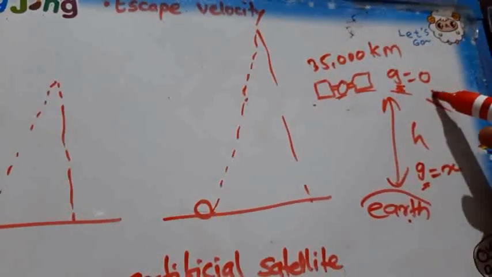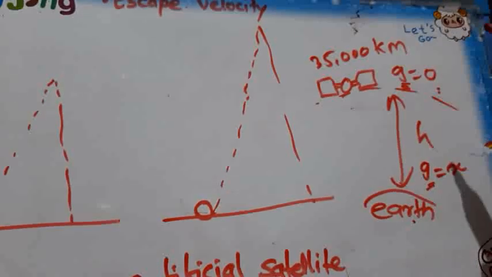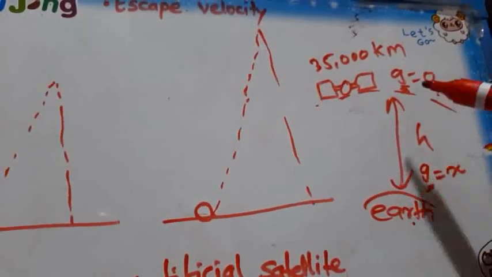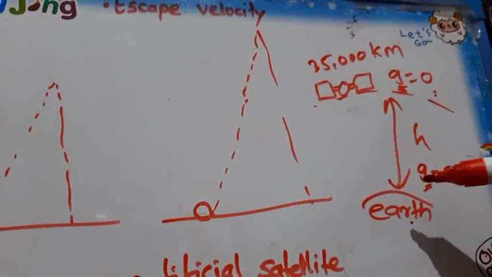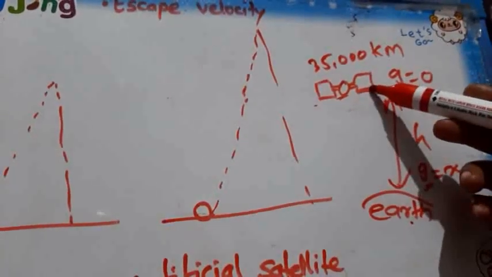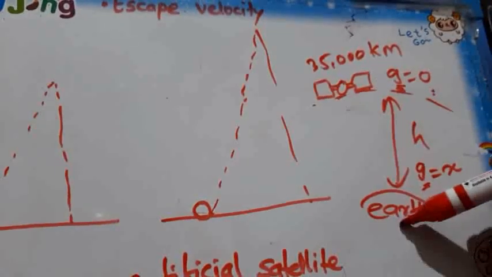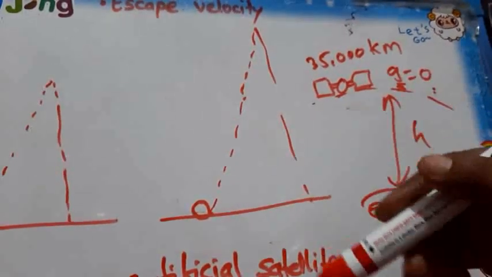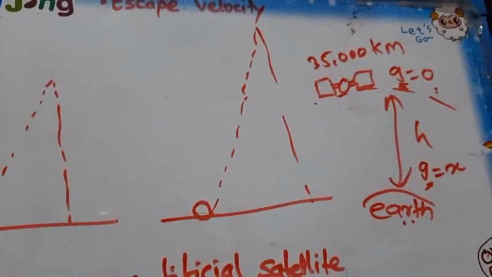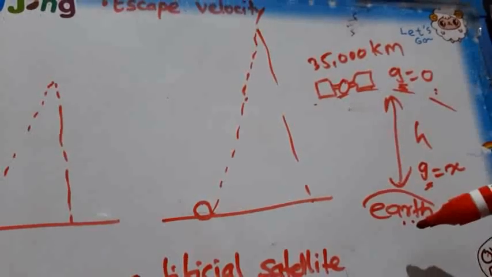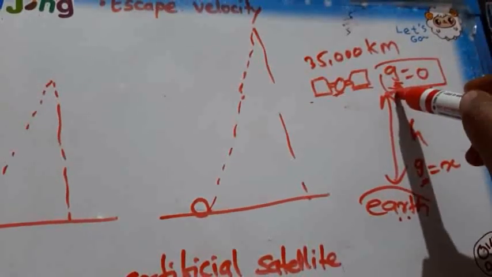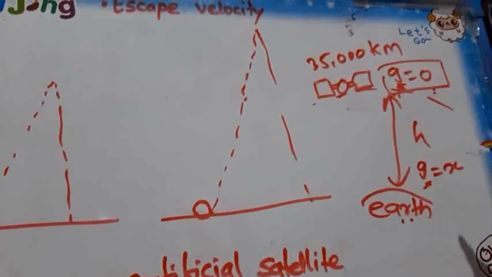And as gravity becomes 0, the earth is not pulling that object towards it with any force. So that object will not be under the influence of the gravitational force of the earth. So that object starts to rotate around the earth and it is not coming down. What is the reason? The gravity becomes 0 at very high heights.